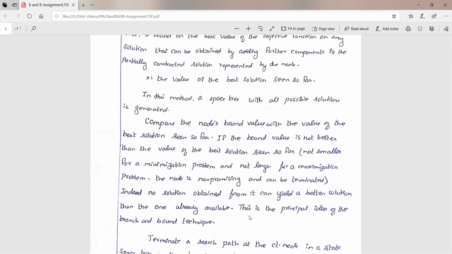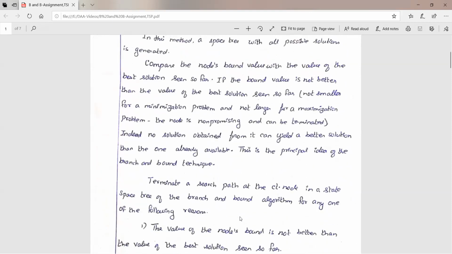Whichever bound value we take, lower bound or upper bound, the bound value we get from the node will not be lesser than the lower bound value and will not be greater than the upper bound value. This is the main principle of the branch and bound technique.